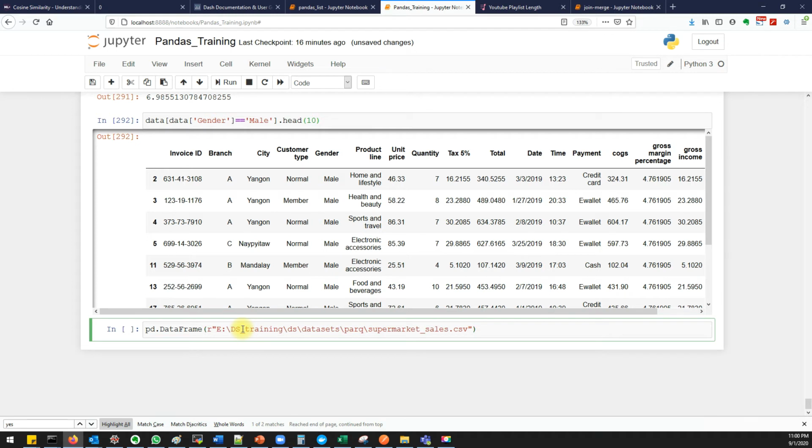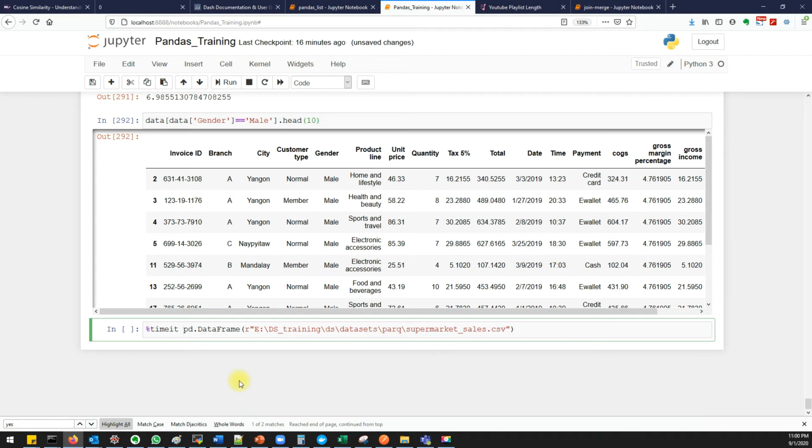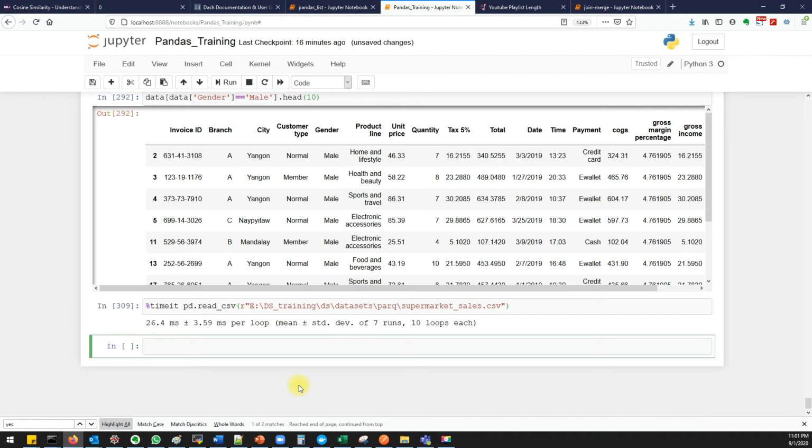In Jupyter notebook, we have an option called timeit, which tells you how much time it took to perform a particular operation. In our case, we are reading a file. Sorry, it should not be a data frame, it should be read_csv. I'm just running it. It took somewhere around 26.4 milliseconds, right?